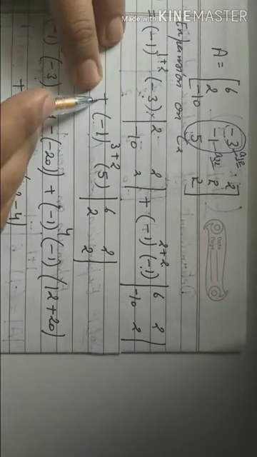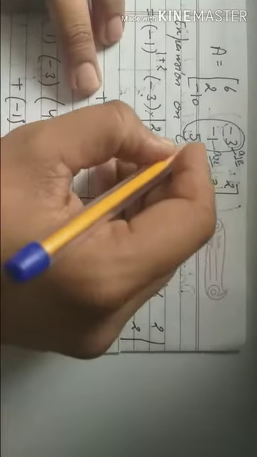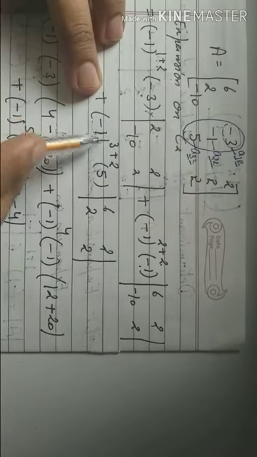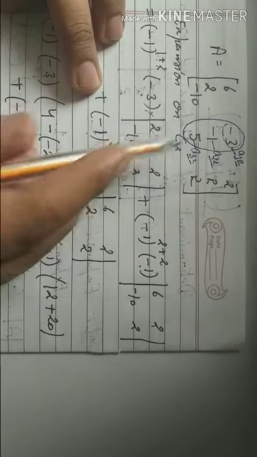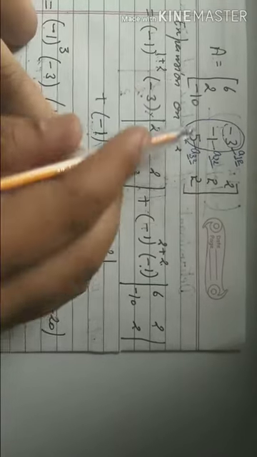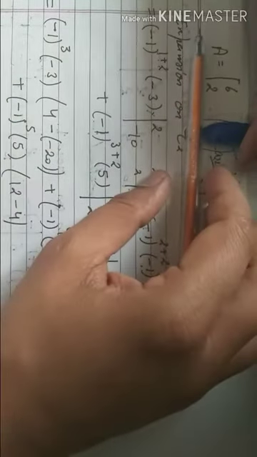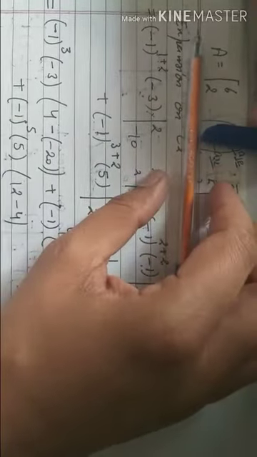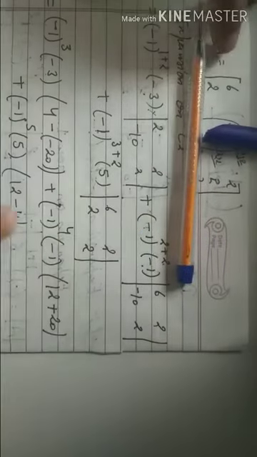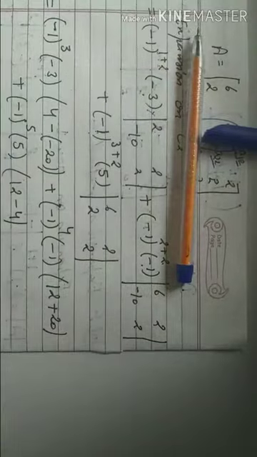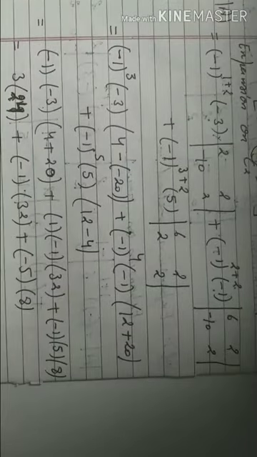And then now we reach the third element. Then we apply a positive sign, -1 raised to power of A32, row 3, column 2. Then we write -1 raised to power 3 plus 2, and into element 5, and into, when we skip the third row and second column we get 6, 2 and 2, 2. Clear? It is the expansion method.